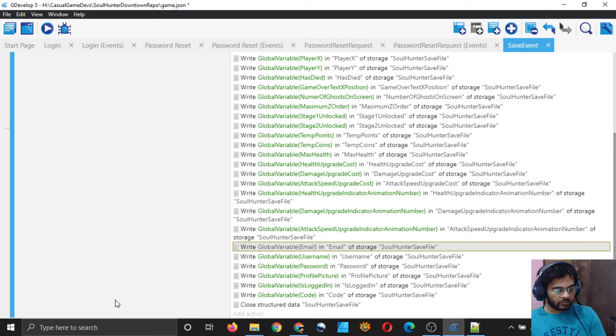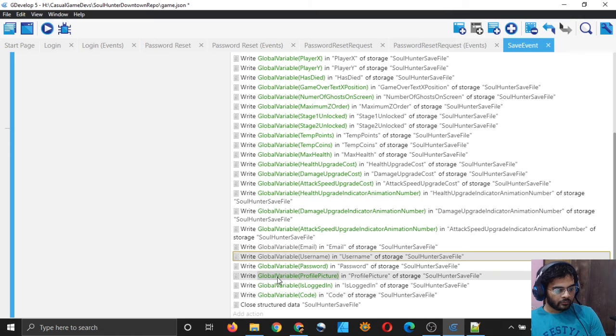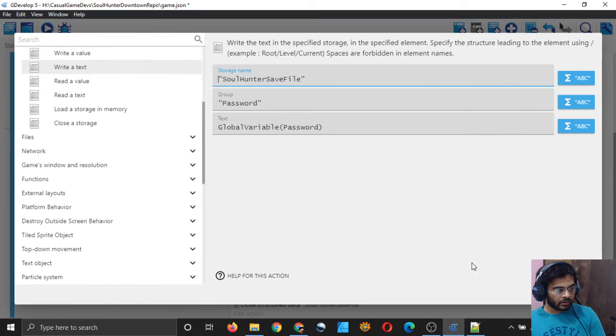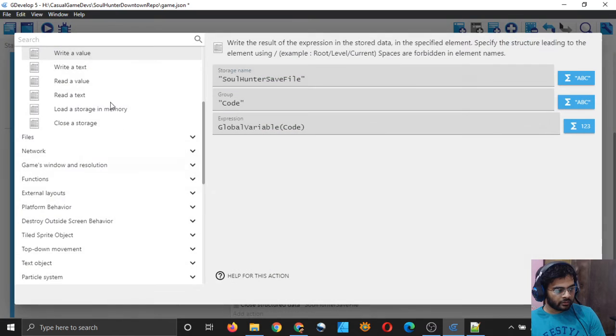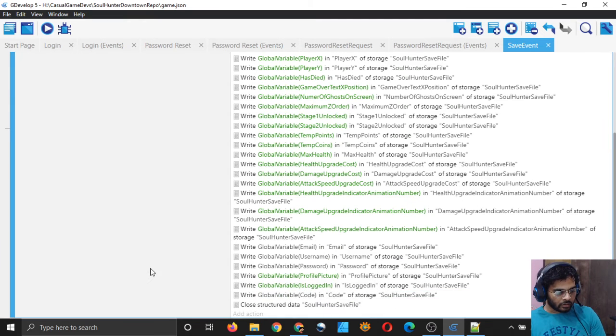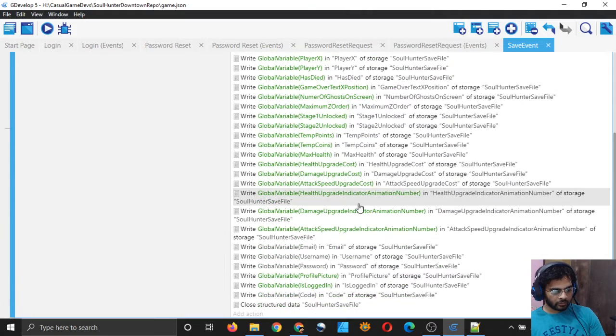For the username also do the same thing, write a text. For password also, and for code also, write a text, right? So that should work properly, and we will see if it will or not.